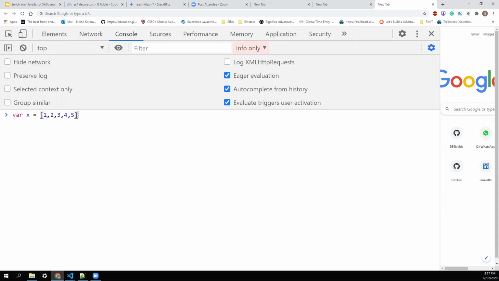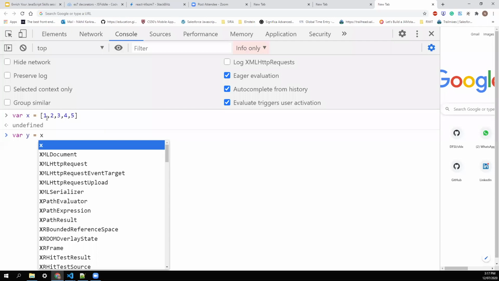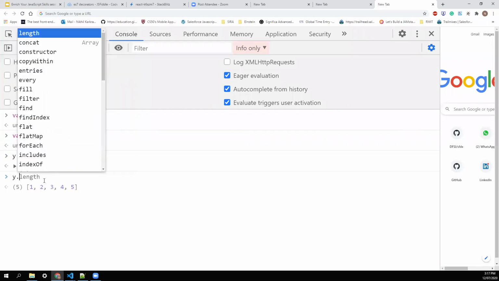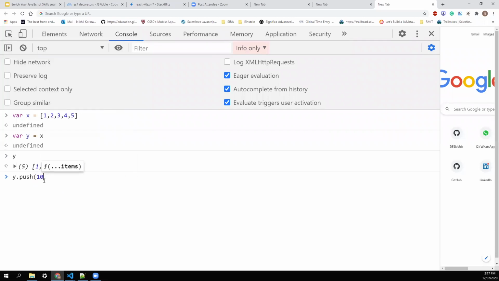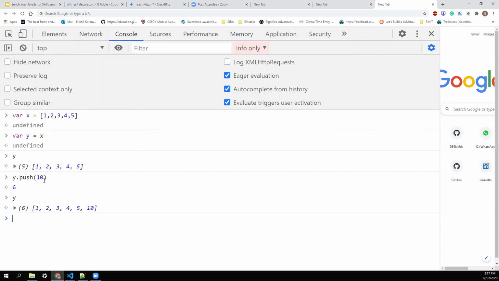Suppose I have an array, and now I'll say Y equal to X without creating a shallow copy or a new copy. And now if I print Y, it has exactly the same value. Now if I say X dot push 10, and I print Y, you can see Y has the value 10. Now if I print X, I didn't touch anything in X, but its value got added at the end, because arrays and objects work as a reference.